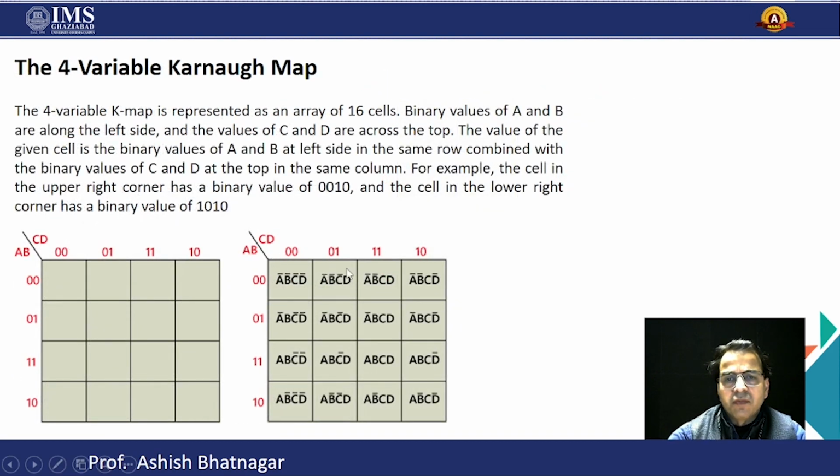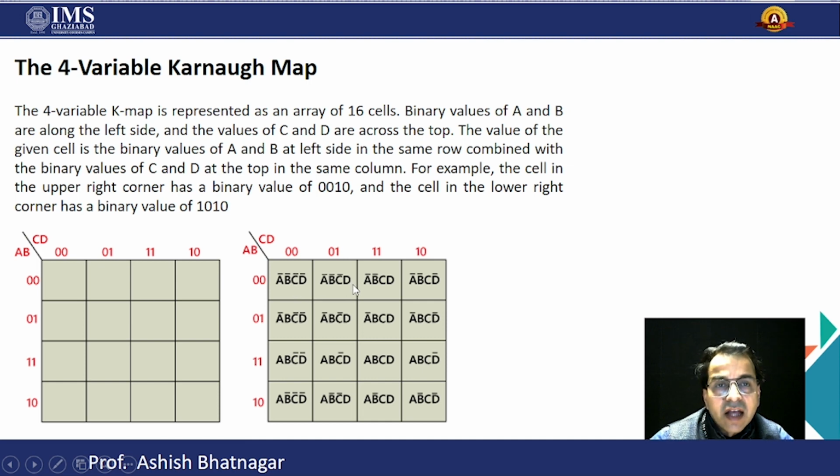4 variable K-map. This is a big K-map. We apply 4 by 4, which is a 16 cell K-map. Inside that, we take the variables A, B and C, D. Accordingly, we set the input values in binary form, either 0 or 1, and for C, D we take the inputs like 0, 0, 0, 1, 1, 1, 1, 0. This is a representation of the Gray code. And you define 0, 0 as A bar, B bar, and for C, D, 0, 0 means C bar, D bar. Accordingly, we fill all the variables in the given cells.